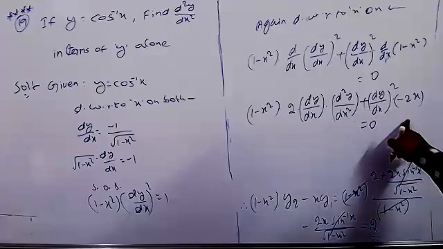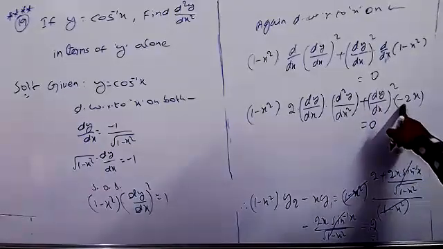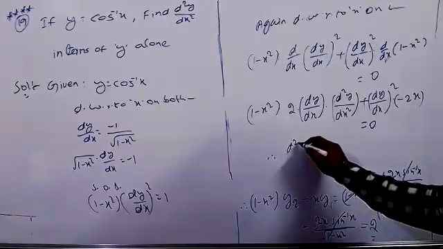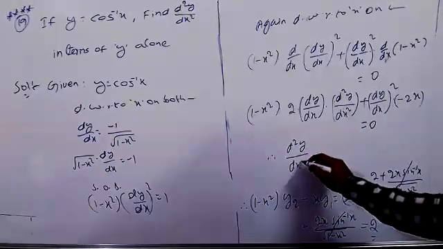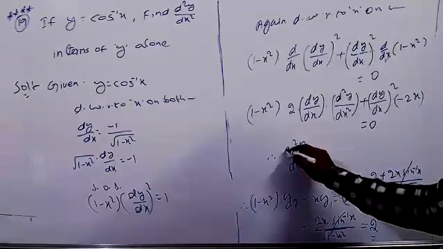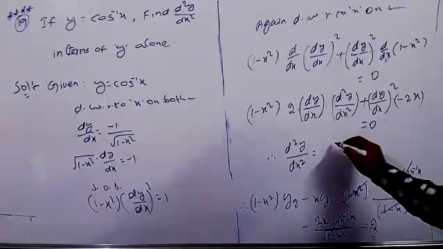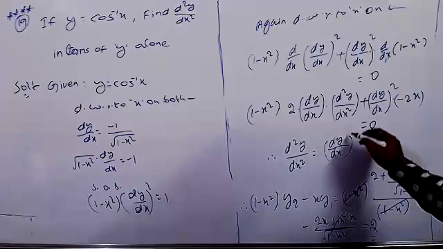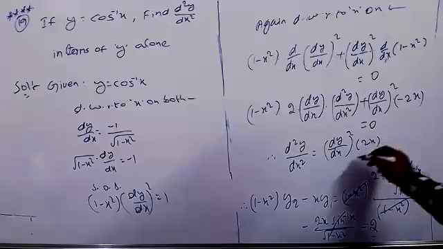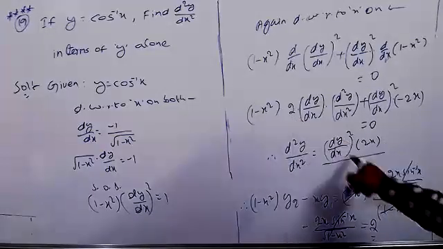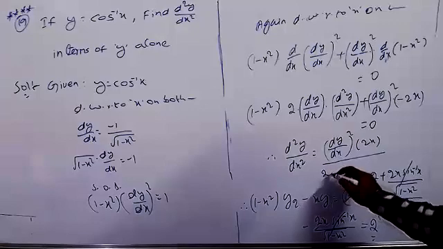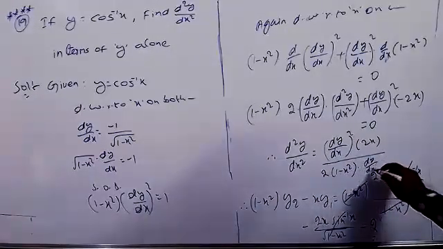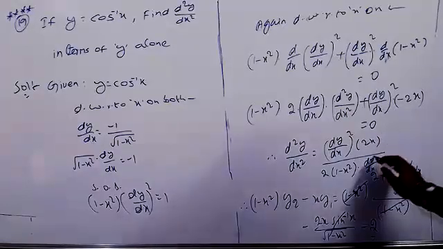So this term we can write this side now. Minus plus into minus will become that minus now. But this term we can write as it is only. So therefore, d square y by dx square equals dy by dx whole square into 2x, whole by the denominator, which is 2 into 1 minus x square into dy by dx now, and then clearly this will be cancelled.